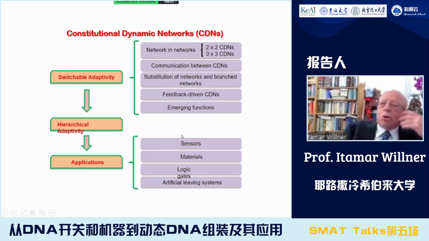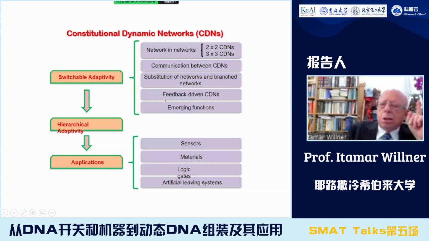So until now, we have seen that we can communicate networks, we can have feedback-driven networks. We were able to show that we can also induce substitution and emergent functionalities, but we thought that it would be good to go one step further and to enhance the complexity of the networks. Until now, all the networks included 4 constituents. It was a 2x2 network.